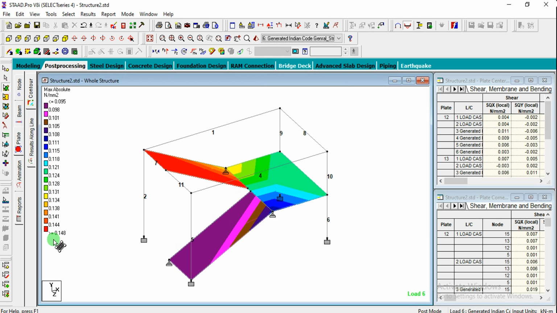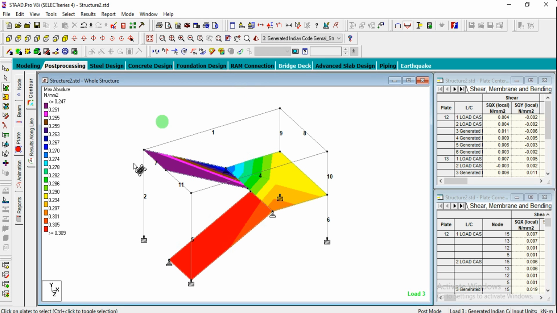So this is 0.1 for load case 6, and let us go for 5, it is minus 0.24, and similarly for 4 it is again 0.2. For load case 3 we got 0.3. So that is the worst case, load 3. If you want to design accordingly, you have to choose the load case 3 conditions. Okay, in this way we can analyze this slab. And if you want to design the frame, as we did in the previous video, we can run the design for beams and column structure like this.